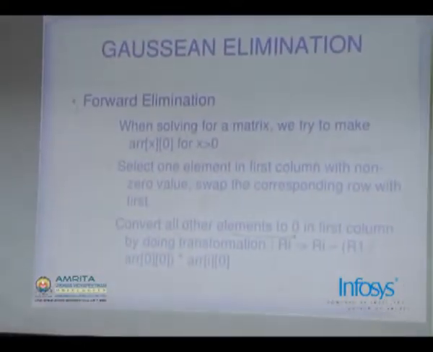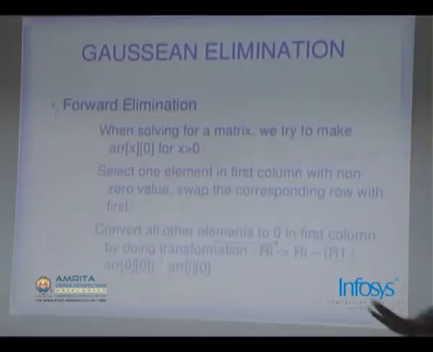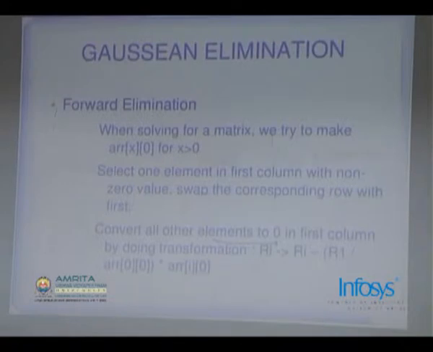The method which is used for calculating a determinant, the idea is right. If you can transform the matrix into an upper triangular form or a lower triangular form, then the determinant is just the product of the elements on the diagonals. So, let the matrix be like first row A, I, second.